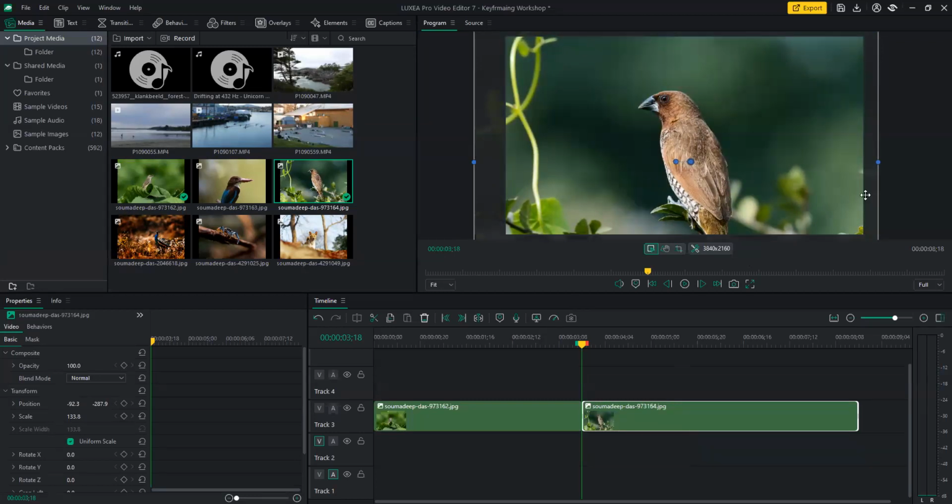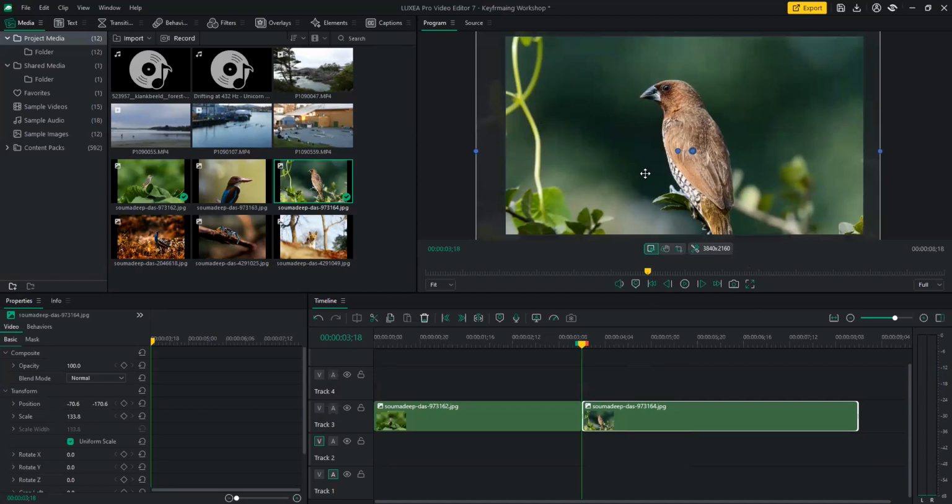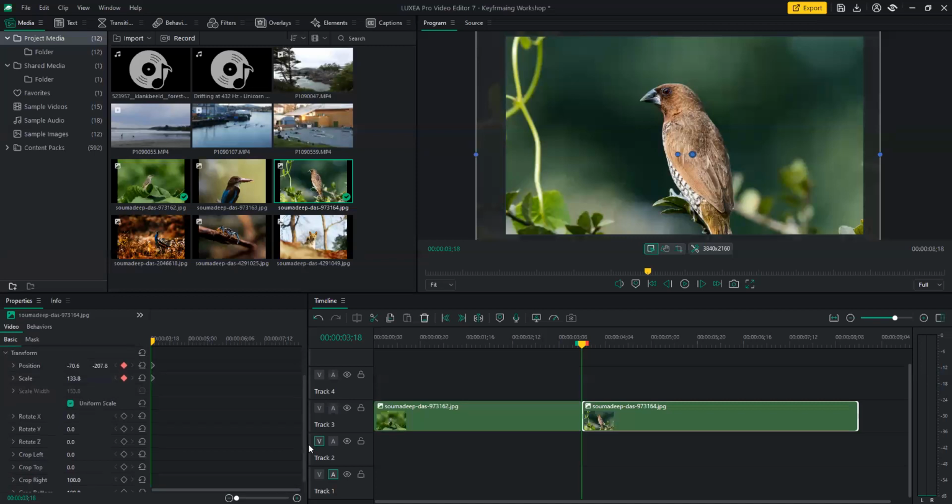so now as you can see, I've adjusted how I want my image to start on the timeline. And now I'm going to create a zoom out, going from a zoom in to a zoom out. Because I edited the position of my clip, all I have to do now to keyframe that is to click on add keyframes on my position and on my scale, because those are the things that I'm editing. I could rotate, I could crop it, but I don't want to do that right now. But you can also